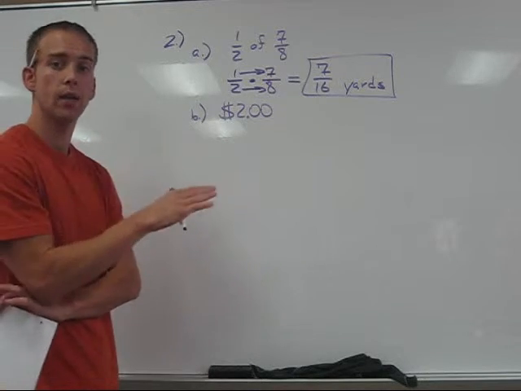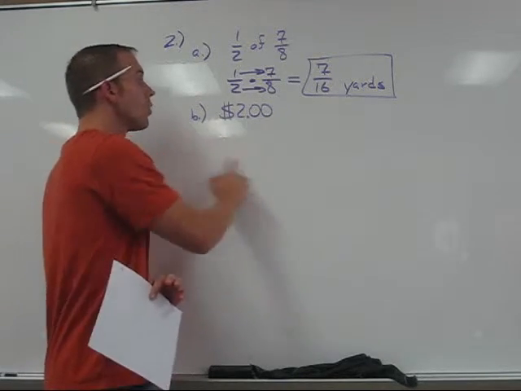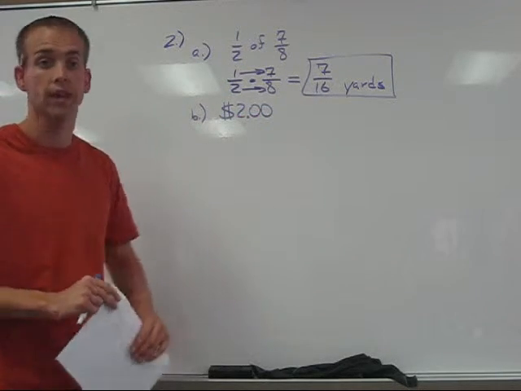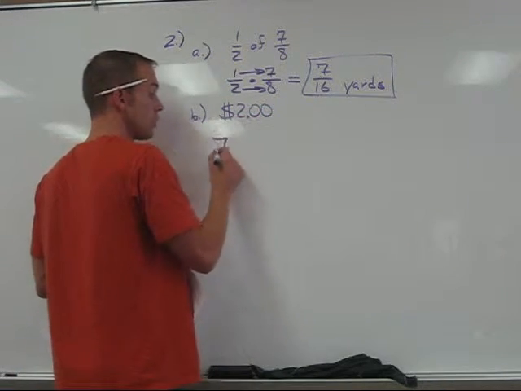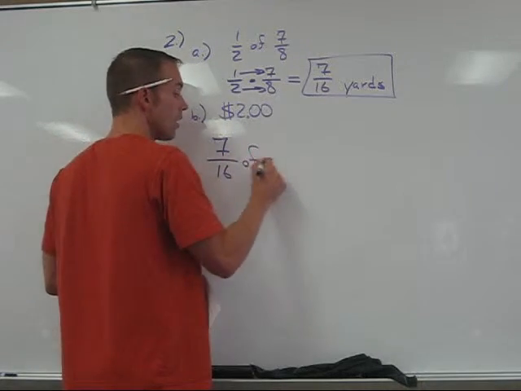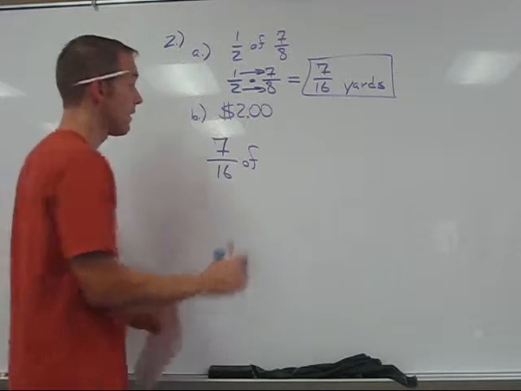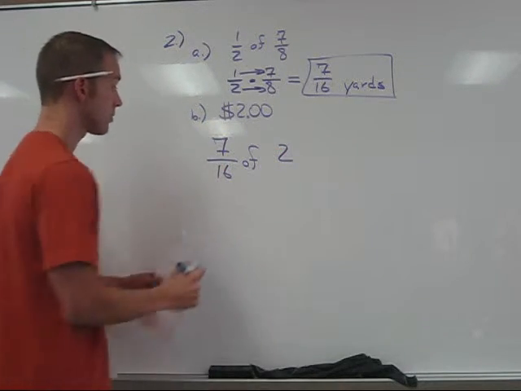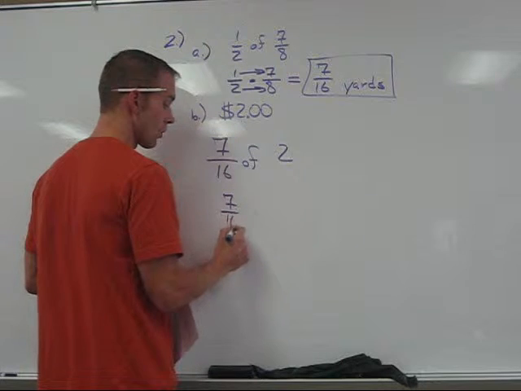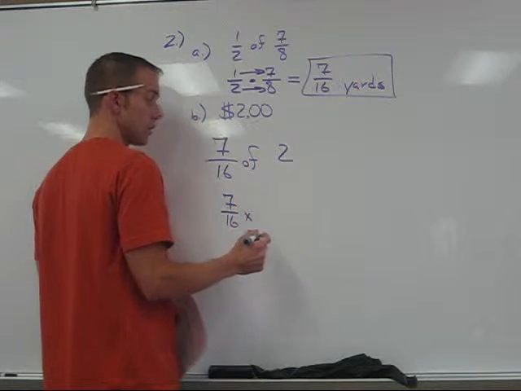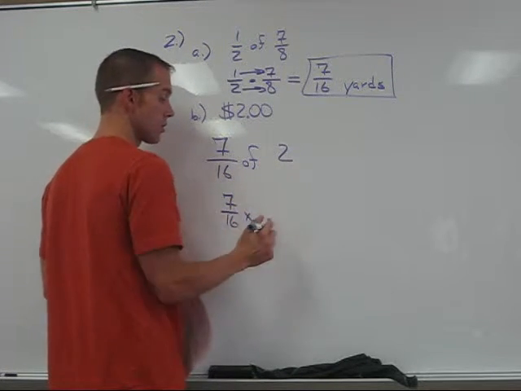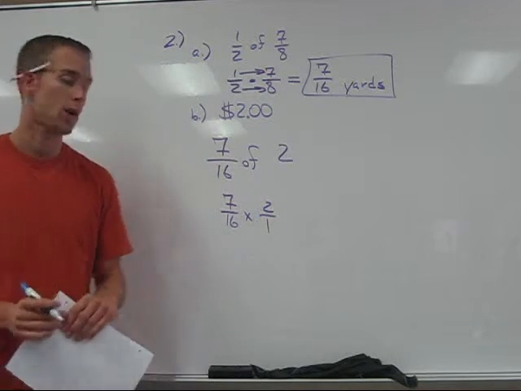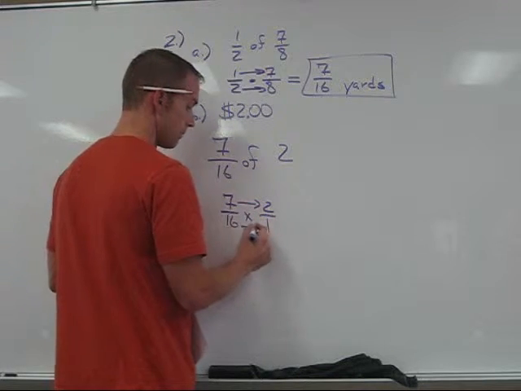Look, here's what I'm trying to point out here. If 1 whole yard costs $2, Sean only wants 7/16 of that yard. Okay? So he should only pay 7/16 of $2. Now, for the sake of simplicity, I'm just going to write 2 as this. And furthermore, if I'm going to multiply these two things, it is much more helpful if I make this 2 into a fraction. Recall that making a whole number into a fraction is as simple as putting it over 1. At this point, I can multiply straight across, and it yields